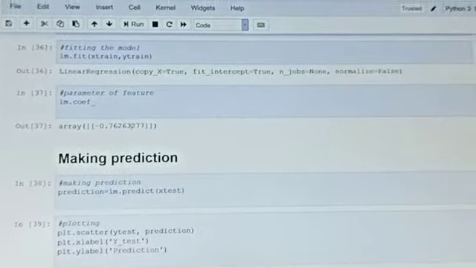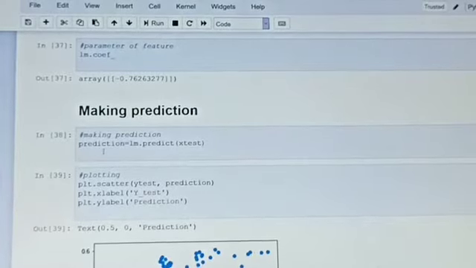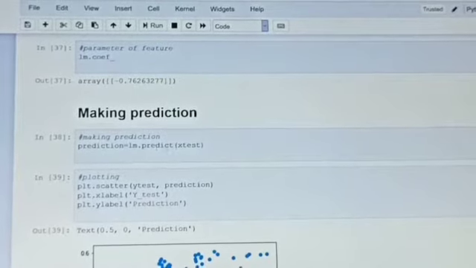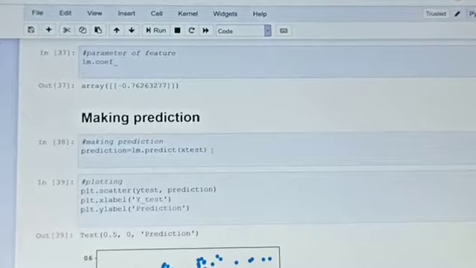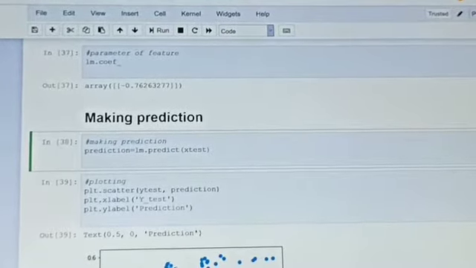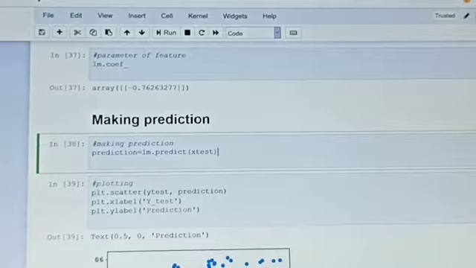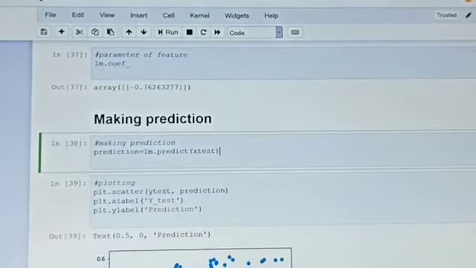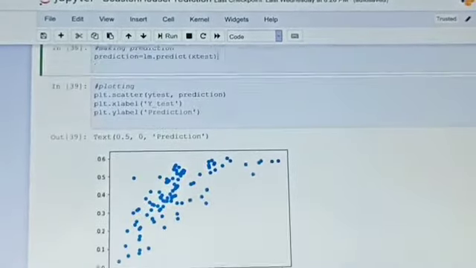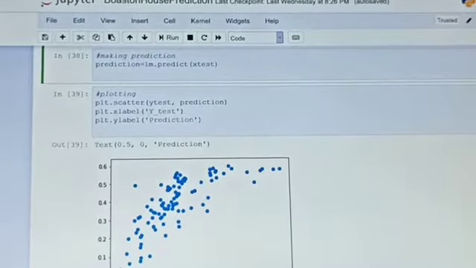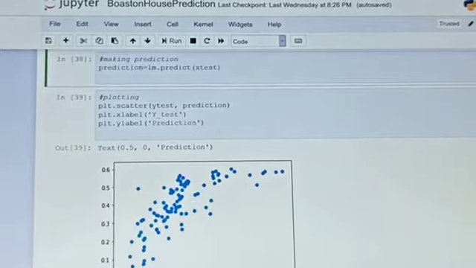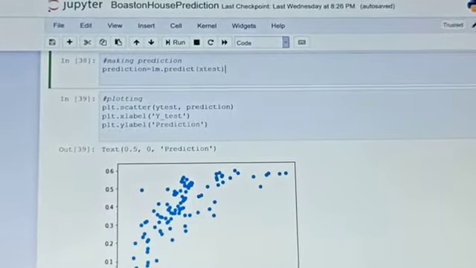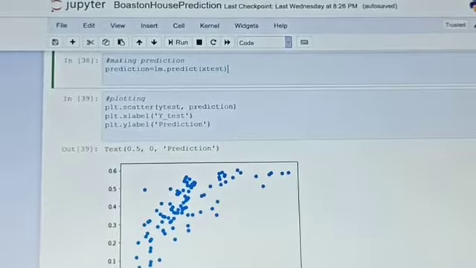Now the next step is to make predictions. Making predictions is done by the predict function, which is also specified in sklearn. The prediction equals lm.predict(x_test). Now the next step is plotting, and we can plot by plt.scatter with y_test and prediction. The xlabel means the x axis and the ylabel is the y axis, and now we visualize the prediction